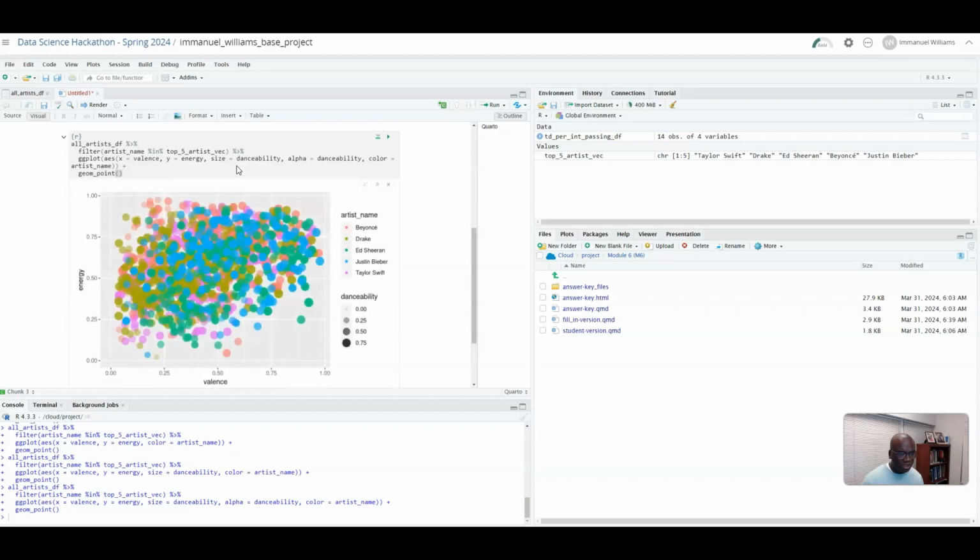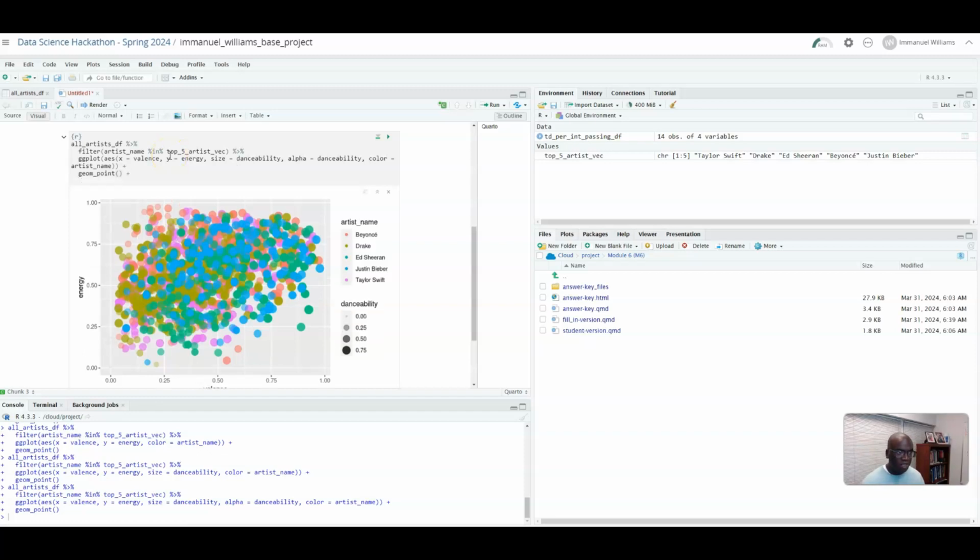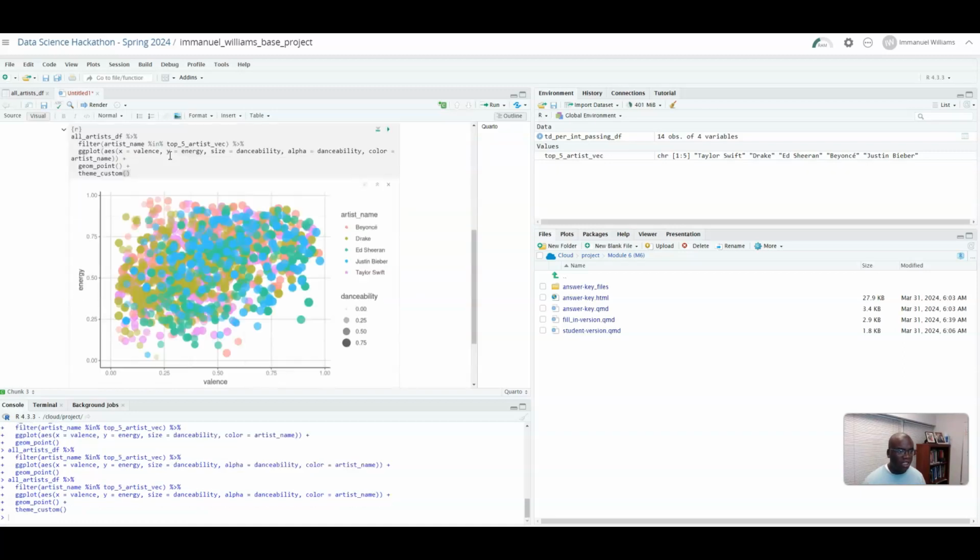It doesn't really help us much, but you can kind of get what's going on here to an extent. You can't really answer questions. Maybe if you just filter on, I don't know what you can filter on to make it look better. But this is the general gist. You know, we can also add plus theme to make it custom, to make it kind of cleaner. But you can add labels and things in that regard. So I would play around more with this to make it a little bit more presentable.